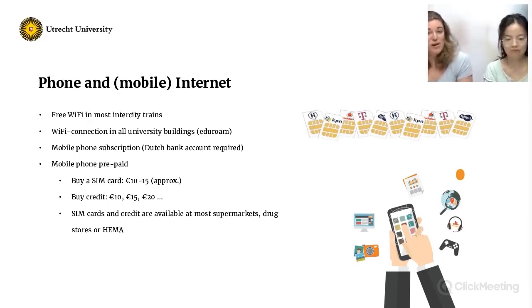So, phone and mobile internet in the Netherlands. One very cool thing is that a lot of trains in the Netherlands actually have Wi-Fi, which is useful for international students. It doesn't always work so well, but it is there. I think it's getting better. Yeah, it is improving. Of course, in all the university buildings, there's a Wi-Fi connection that you can